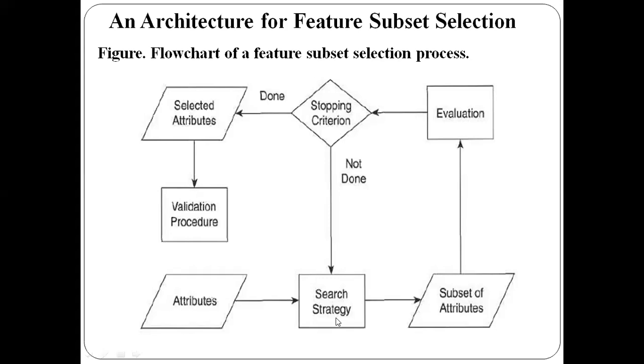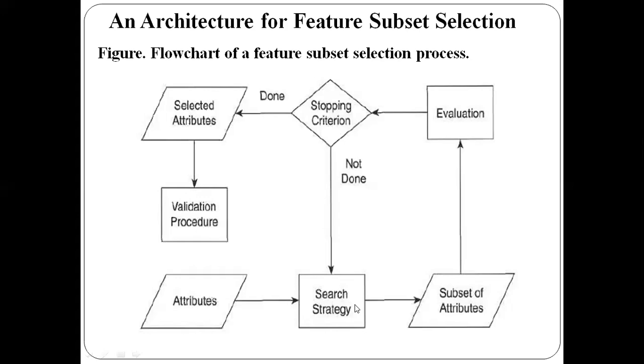Okay. So this search strategy must be inexpensive because you will be performing the search strategy on all the available attributes. It must be inexpensive because if you got a less number of attributes, that is fine. Out of 10 attributes, the selection of 3 attributes or 5 attributes or 8 attributes will be fine. Suppose if you got thousands of attributes, 10,000, 20,000, then it will be somewhat costlier. Okay, so you need to design a search strategy such that it must be inexpensive, and also it must give you the optimal subset of attributes or features. So that is the characteristic of the search strategy.